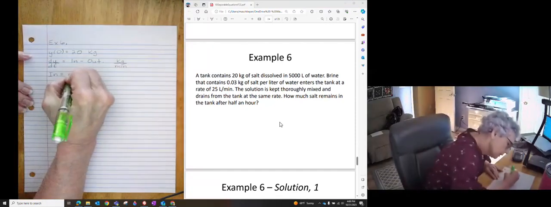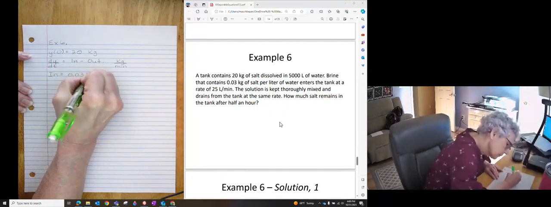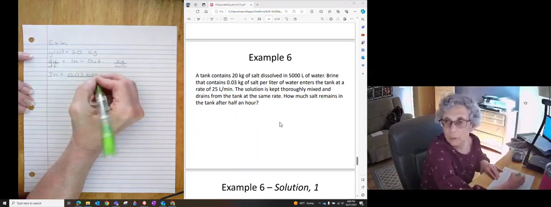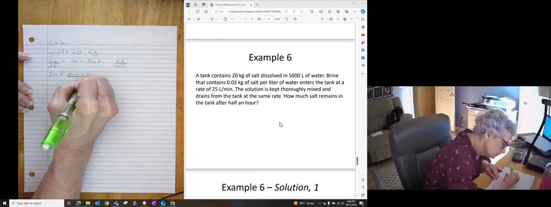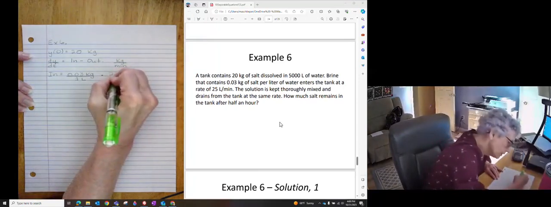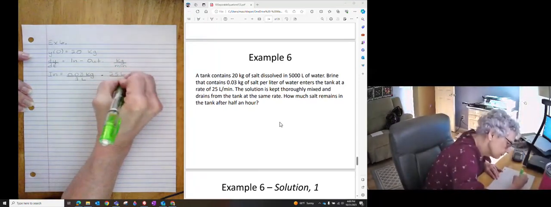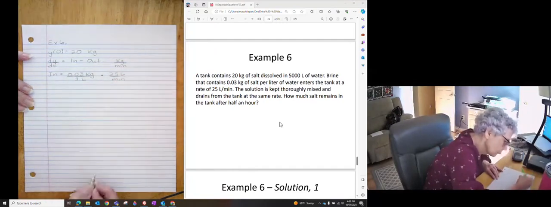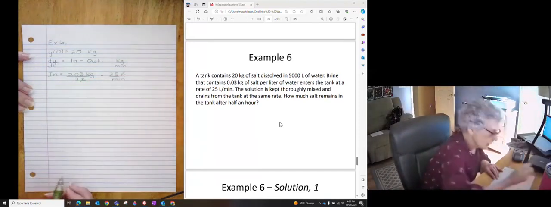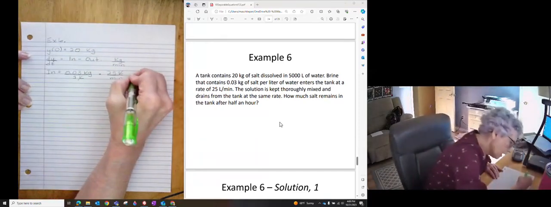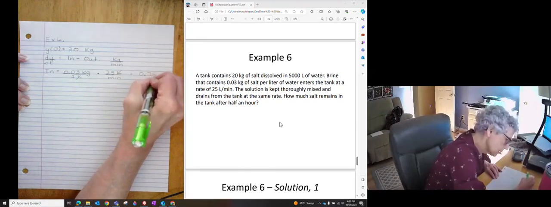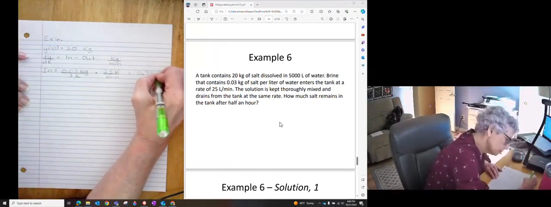So I have 0.03 kilograms per 1 liter of water times 25 liters per minute. So liters cancel with liters. I end up with 25 times 0.03, so 0.75